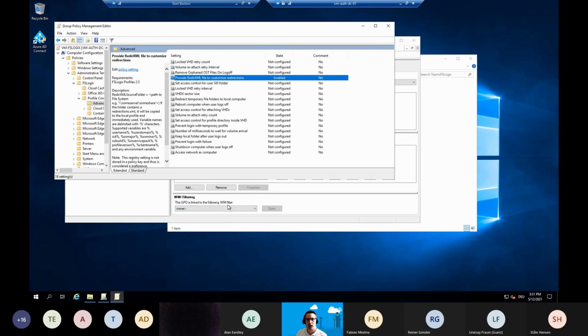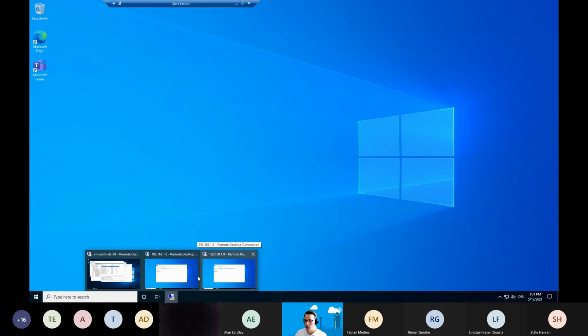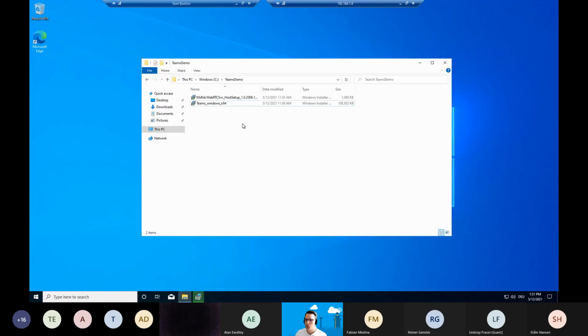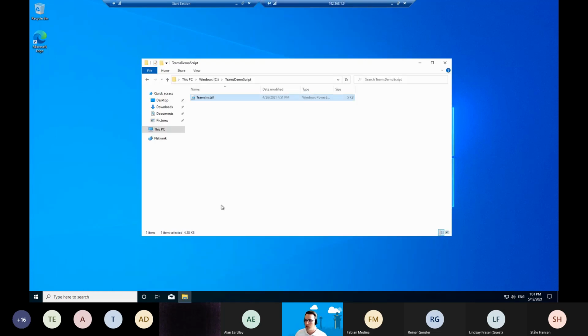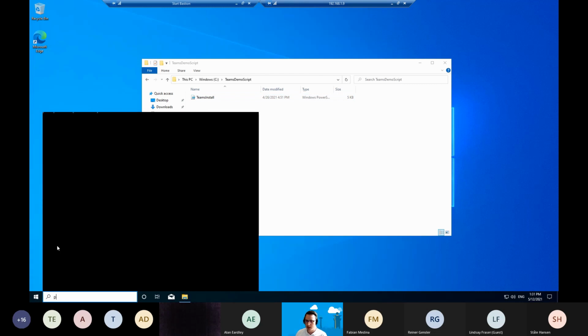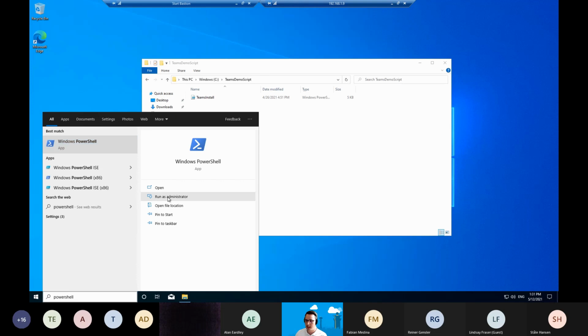We can actually have a look at the Teams installation on our golden image. So I've prepared 2 machines for you now. First of all, a machine where we can check out the automation, and one machine where we can do the manual installation of Microsoft Teams. But let's start with the automated one. You see, I have my script already in place. I will make this script, of course, available to you after the session, and you can simply open up the PowerShell, run it as an administrator,